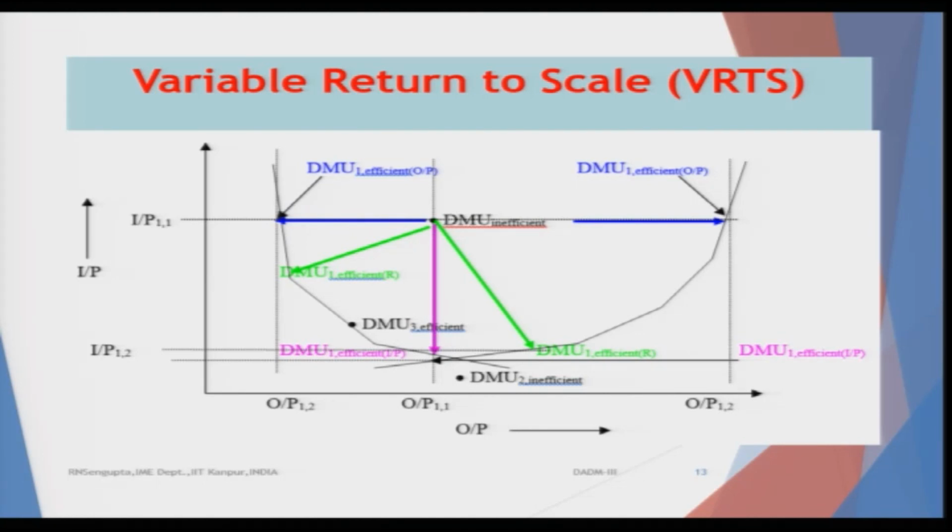But the pink line would be moving vertically up, not down as in this diagram, and the radial movement would be happening onto the northwest corner or onto the right corner, depending on which direction you are moving, considering that you want to proportionally decrease the input and proportionally increase the output. And there obviously you can formulate the same way that depending on the input oriented model or the output oriented model, or both can be changed, you can find out in what proportions the input and output would change to make the DMU efficient.